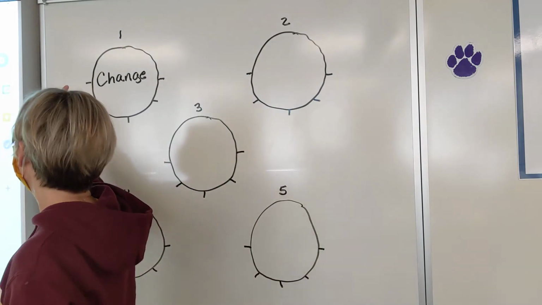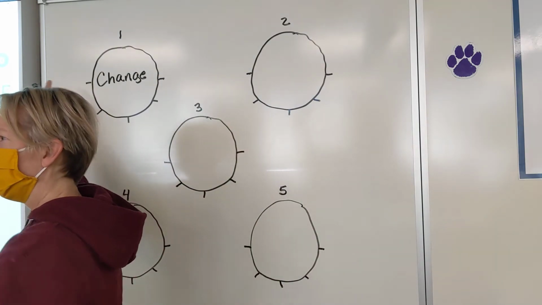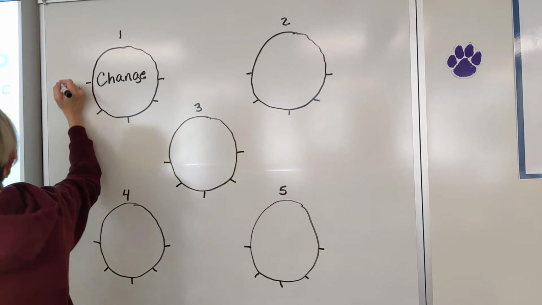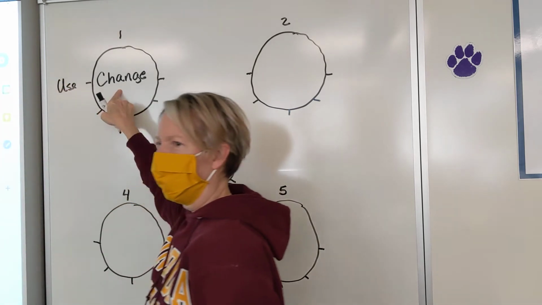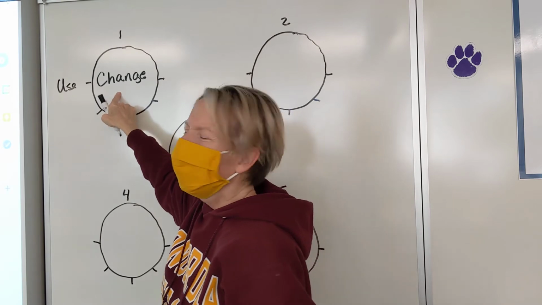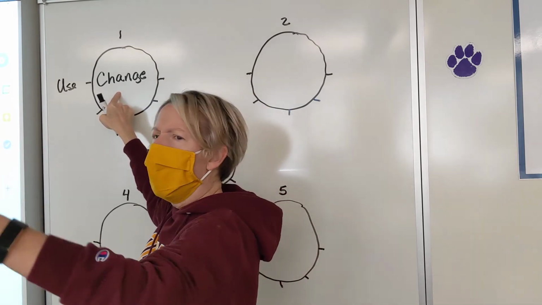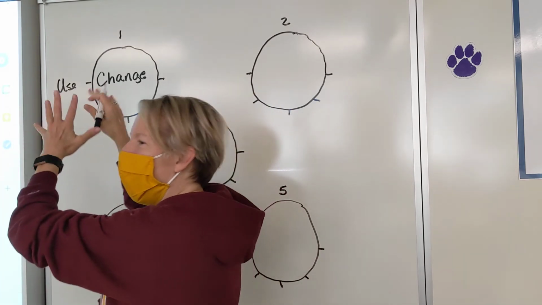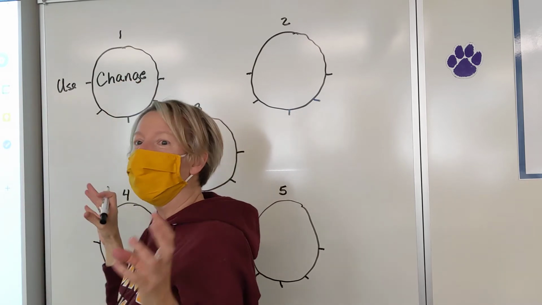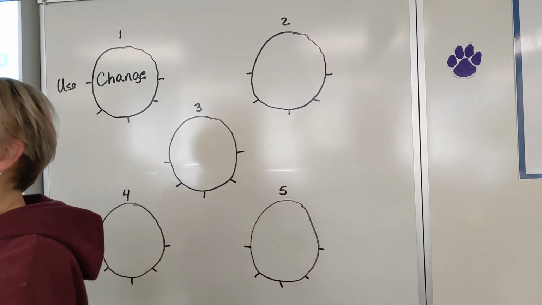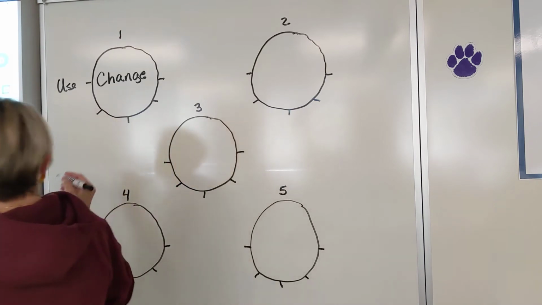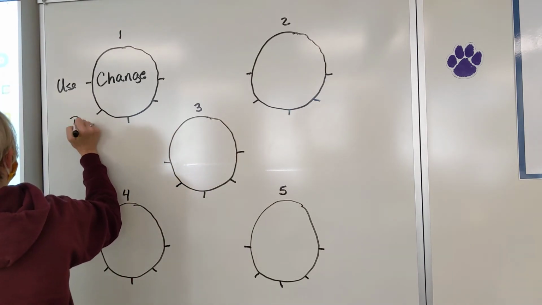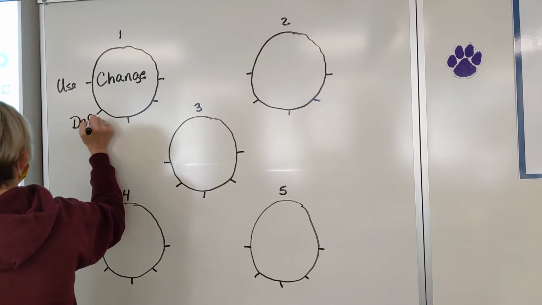Who remembers what we do with the first spoke? Elizabeth. We use the word. This will be the first word in our essay. Kids, keep in mind as you grow and your writing develops, you don't have to do it this way, but this is a way to keep you focused. And it works. What's the next thing we have to do? Don't you define the abstract noun? You have to define it.